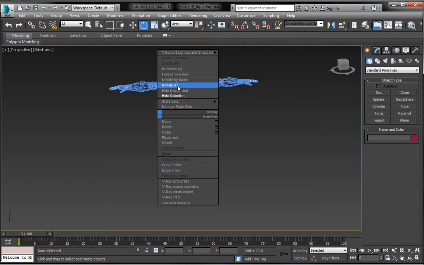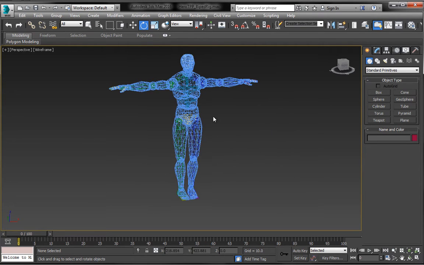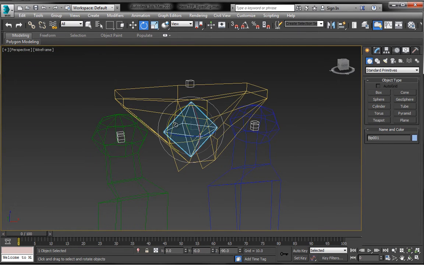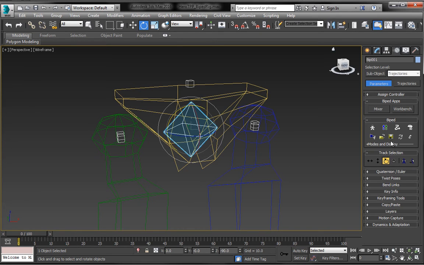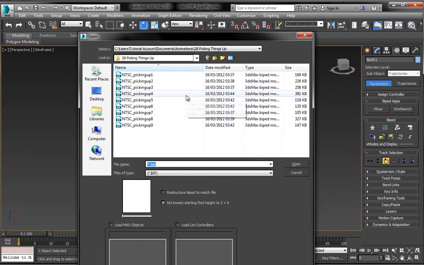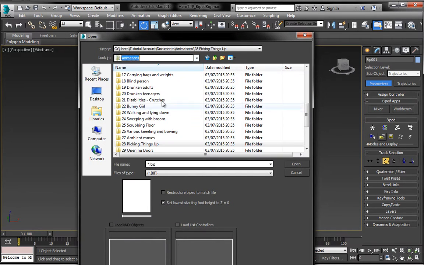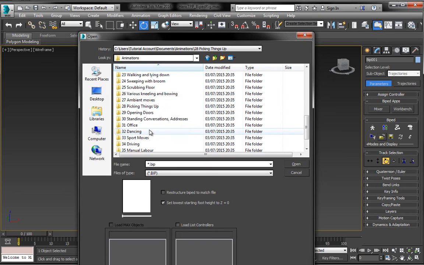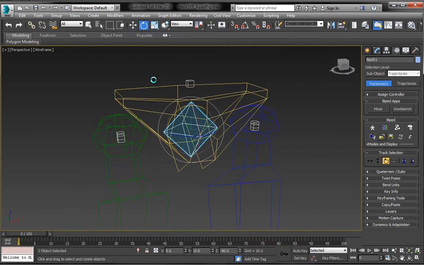Okay, so if I unhide all, I'm going to choose no here, and I want to show you how to export a custom animation. So I'm going to select one of the nub bones here. This is the pelvis area, and I'm going to go under motion, and I have some animations that we can go ahead and look at here. I'm going to go open file, and you can see it's taking me to a location where I have a bunch of animations. So let's see, we can go with one of these, so perhaps a dancing animation,